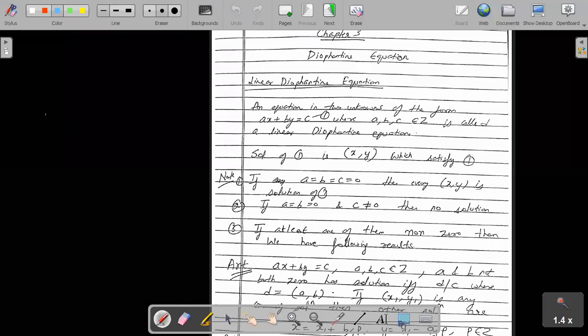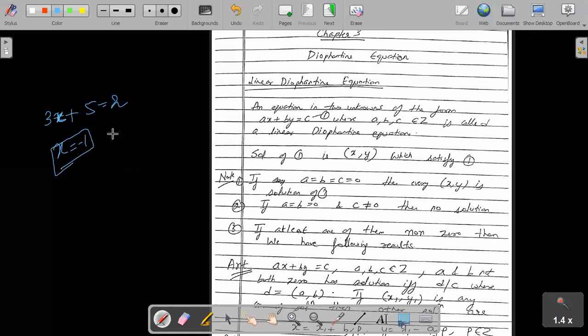So if you see this equation, say 3x plus 5 is equal to 2, this type of equation is known as a linear equation. Here the degree of x is 1. And if I have to solve it, one thing is visible: if I take x is equal to -1, the left hand side and right hand side are both equal. So x is equal to -1 is one root of this equation. Now the question is, is this the only root? We know that since the degree of the equation is 1, a degree 1 equation will have one root.